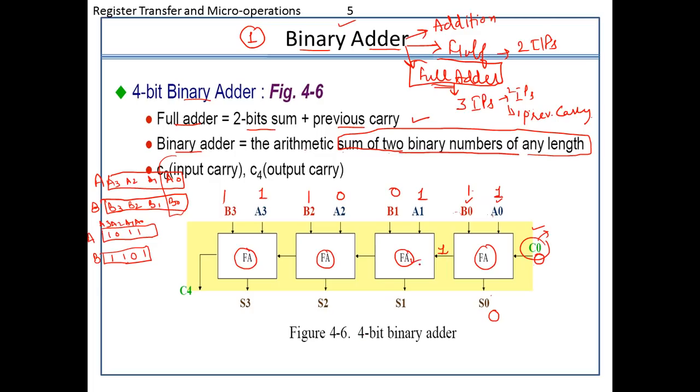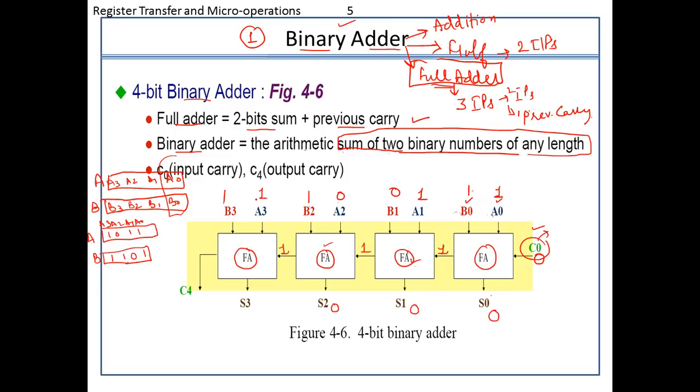So again, in this full adder also, for the condition of a full adder, I need three inputs. I am having those: 0 plus 1 plus 1. Again, 1 plus 1 is 0 and 1 is carry, right? So furthermore, I am again having three input values, so I need a full adder here. 1 plus 0 plus 1 again will give me 0 as the sum and 1 as a carry.